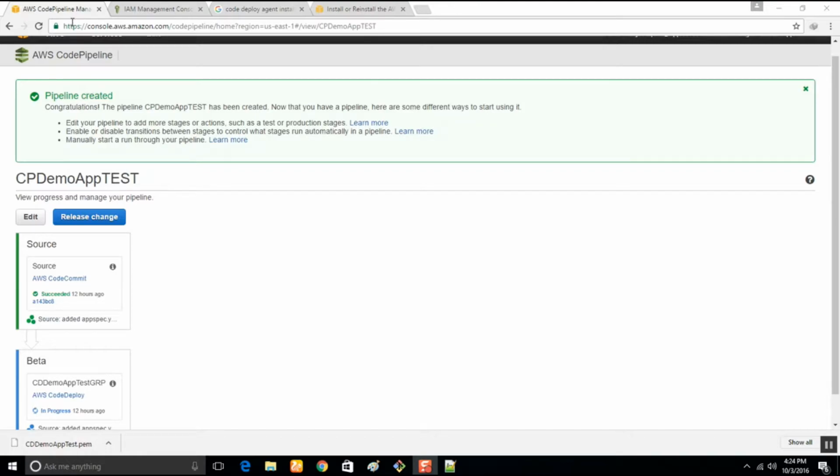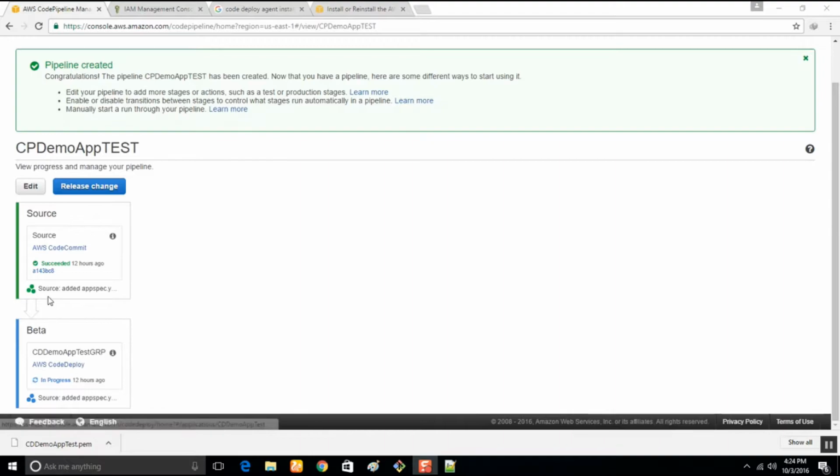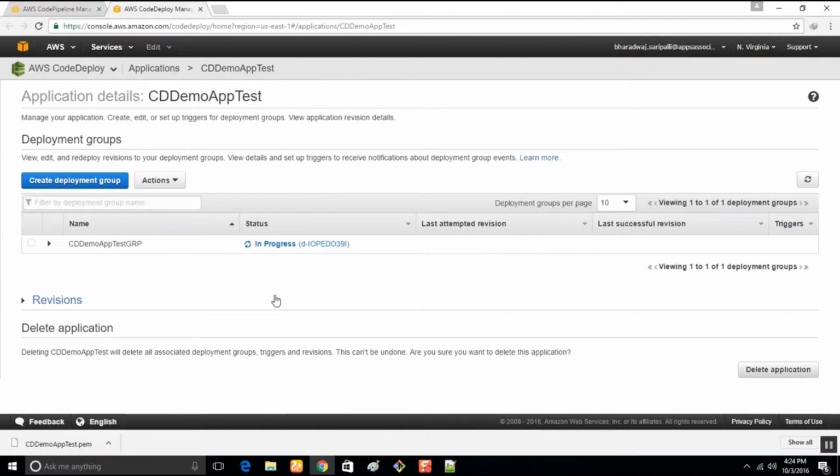Well, success. The first phase is passed. Now it started the second phase. During this phase you can also check the progress by clicking on this CodeDeploy. It will show you a clear log of what's going on.